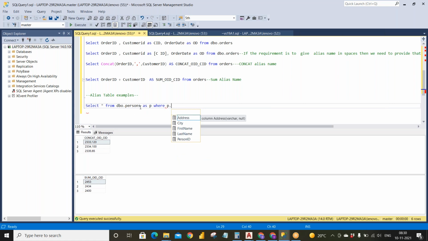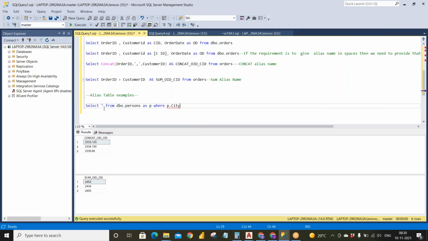For the persons table, I have given a temporary name called P, and to get all the columns, a simple way, select P dot, then I am getting all the columns. You can select any of the columns and easily use it.